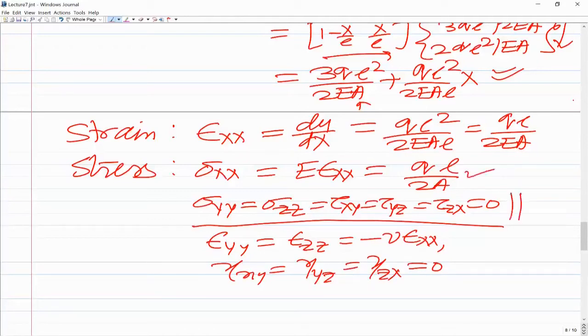And in the strain, because of Poisson's effect, we will get epsilon yy and epsilon zz, but the shear strains would be zero. So this is the post processing. Now before I move further,